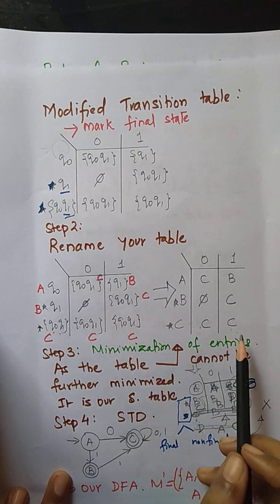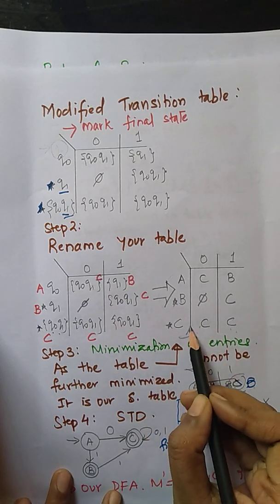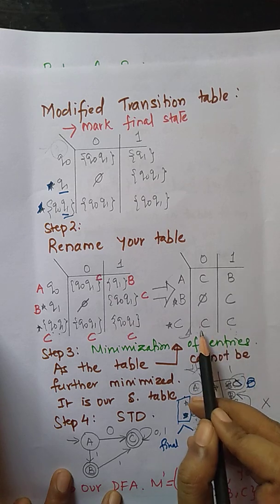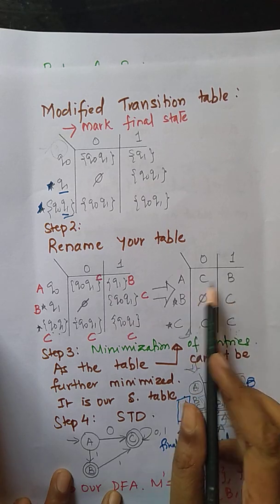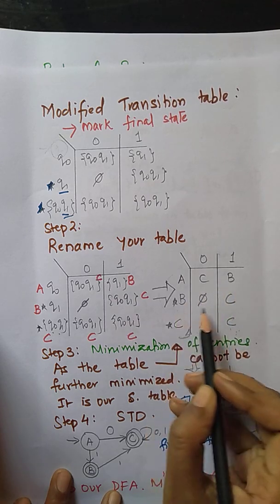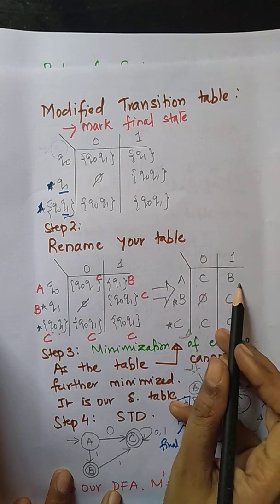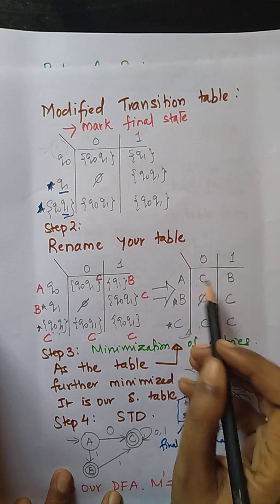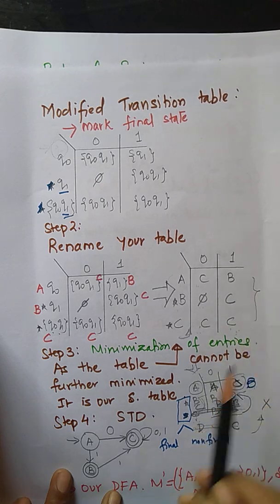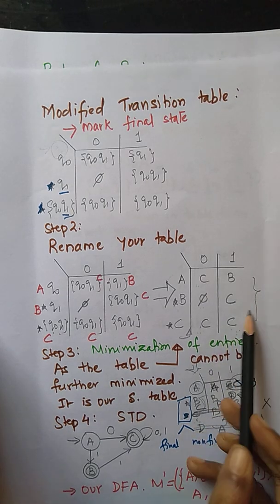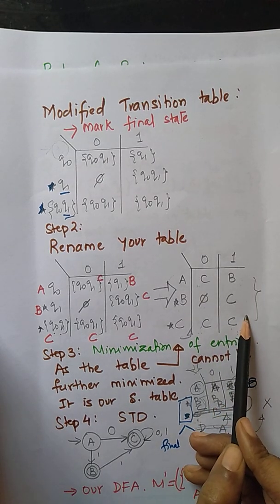Okay. Now we have to find in our table, that's our question. We have to search for the reduction. Now we will start from the bottom of the table. C and C, we have to search for C and C. No C and C is found. Now go up, find null and C. No null and C is found. Go up, C and B, nothing is remaining. That means this table cannot be reduced further. So this is our final state transition table.